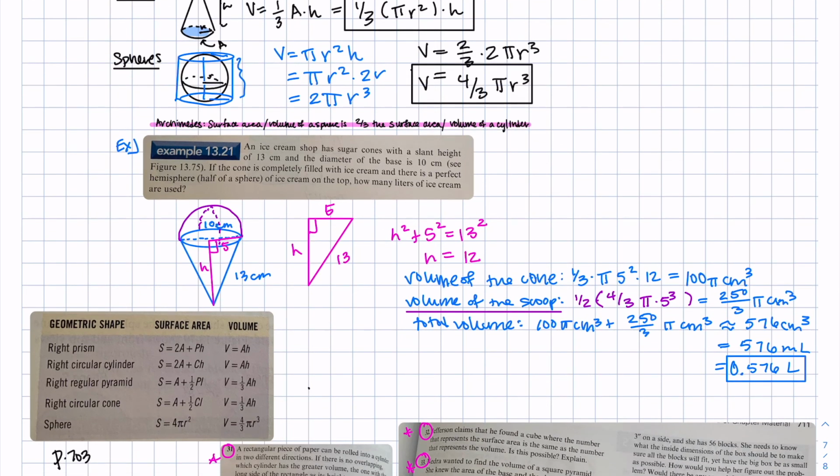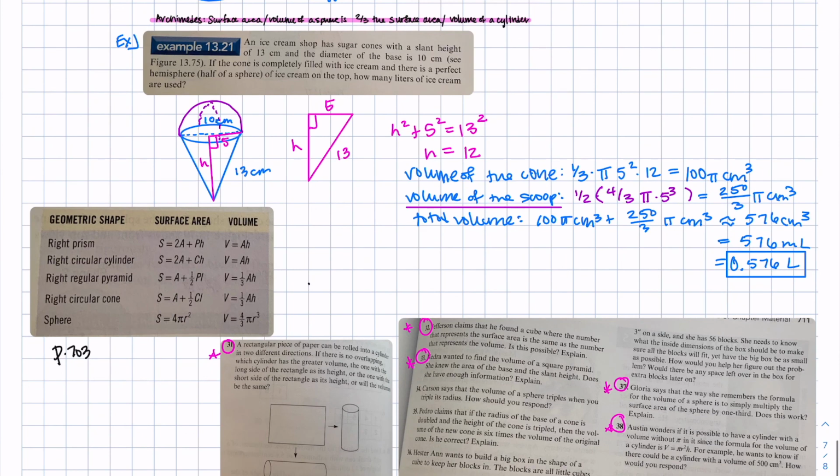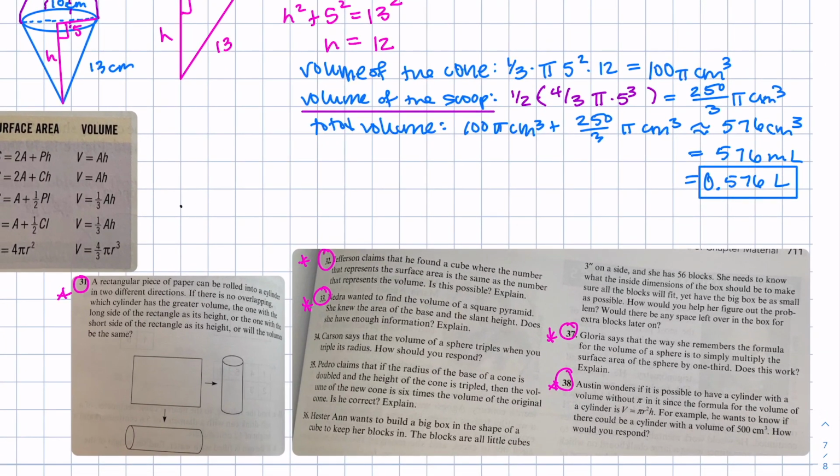And the different formulas for both the surface area and the volume for each of these. So there's a nice little table that they do give you at the end. And I encourage you to draw a little picture so you know which each of these parameters corresponds to with the different shapes. So I have a couple different questions here listed out that you might want to talk through with me